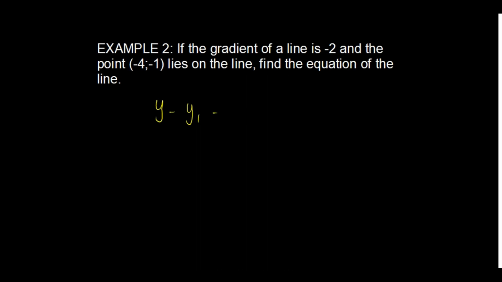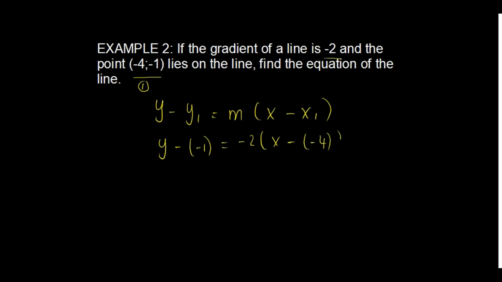We're given 1 point, which is going to be our y1 and our x1. So it's y minus, what is our y1? -1, which is equal to, what is our m? Our m is -2, x minus, what is our x1? Which is -4. Okay, so it's y plus 1 equals -2(x plus 4),